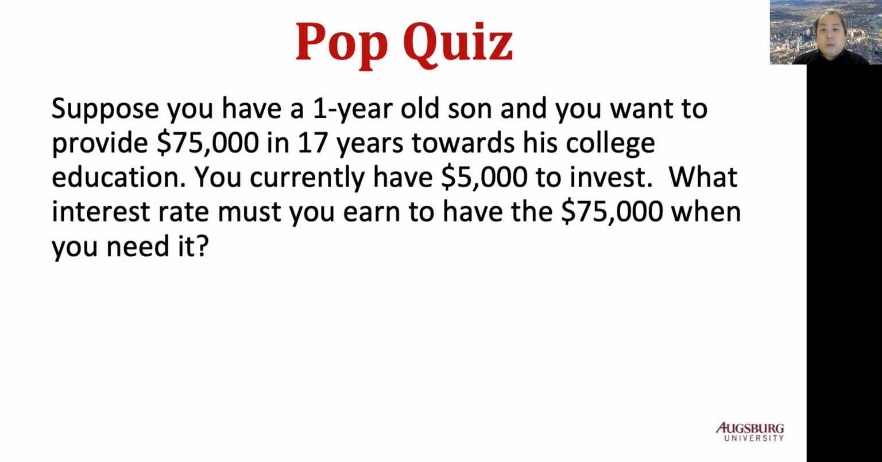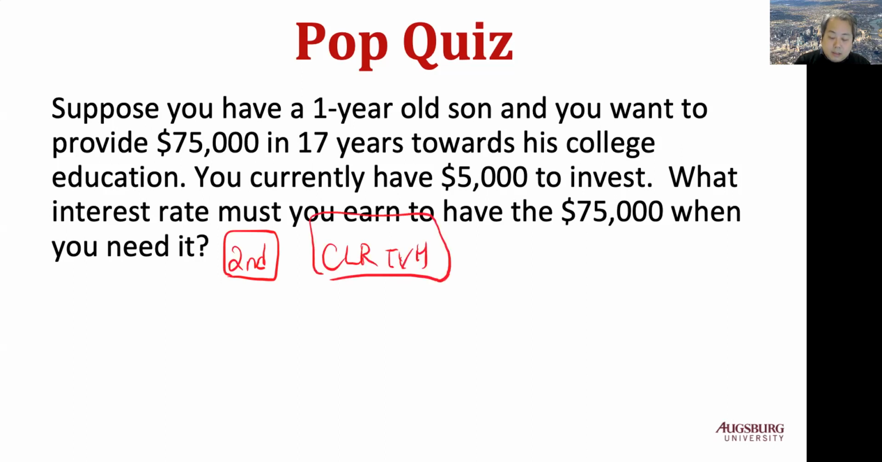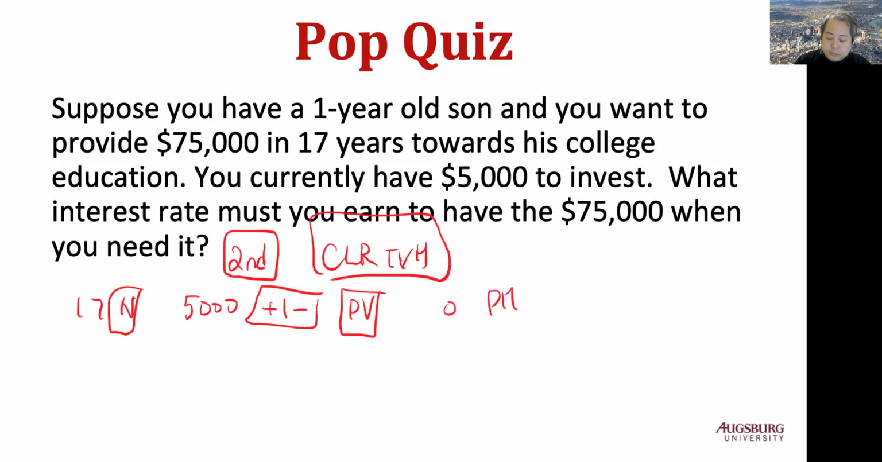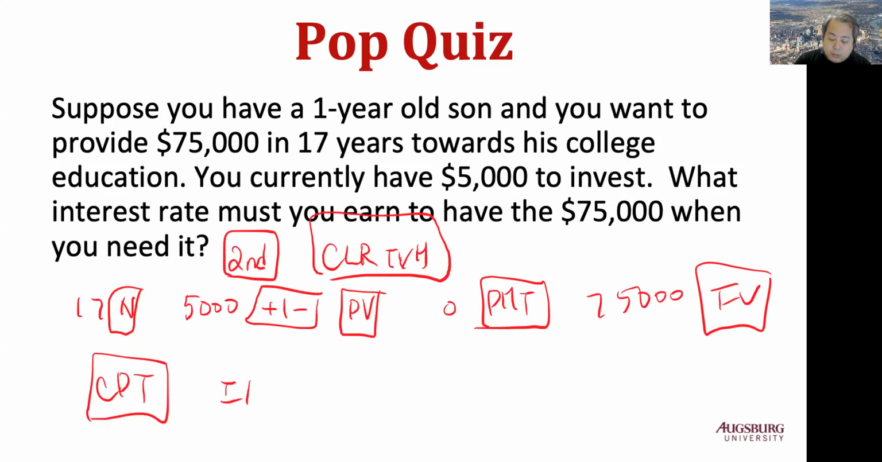Okay, so let's use the calculator. First, second, clear TVM, right? And then N is 17. Present value, you have the $5,000, but you have to invest, so that's negative because you invest, outflow. PMT 0. Future value 75,000. And compute interest rate, then you have